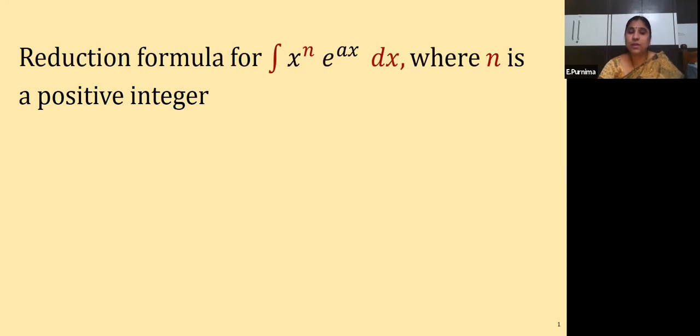So now what is given here? You are asked to find the reduction formula for the integral of x to the power of n into e to the power of ax. If any function is there of such form, then how can you solve that? For that we are going to find the reduction formula for this general function. Based on the reduction formula we get here, we try to solve the sums where the n value and the a value may change. Is it clear? So now let us try to do those, children.